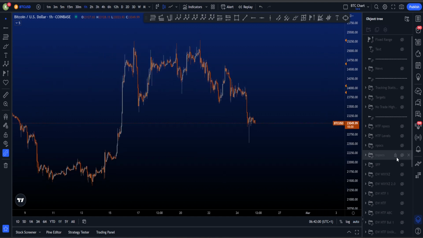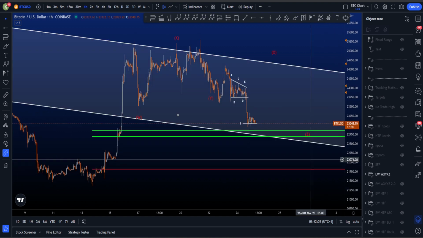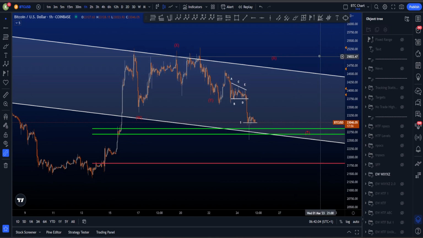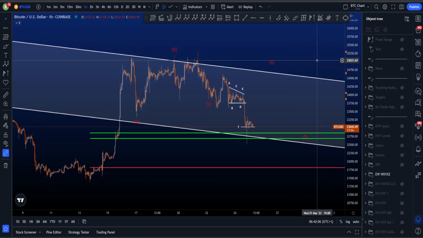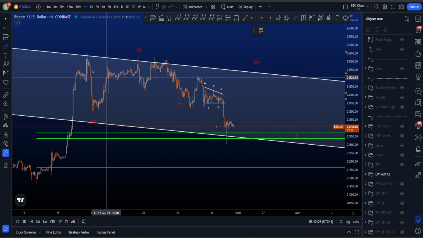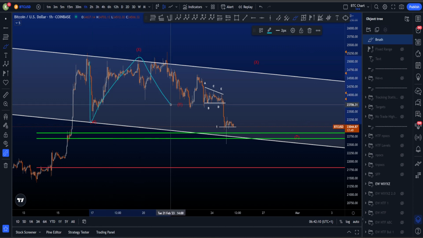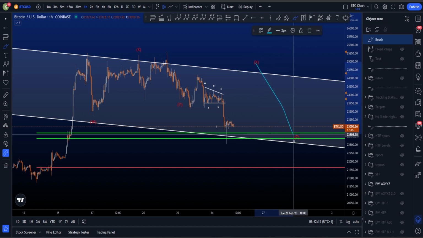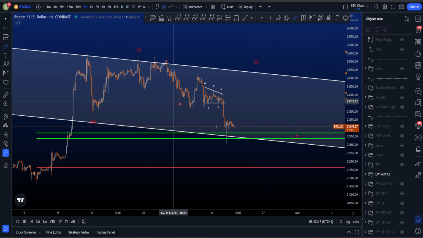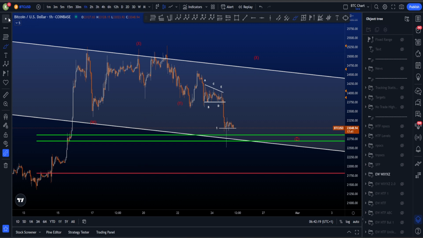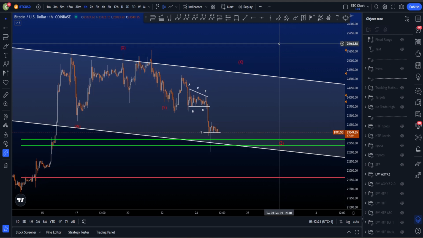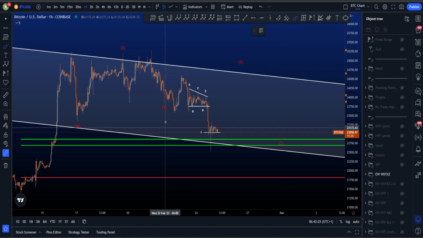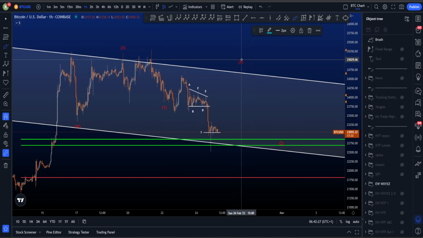The first scenario is a scenario that you have seen me put on the chart the last couple of videos basically, which is this W, X, Y, X, Z. So we have a W, X, Y, then some sort of an X which is still unfinished, and then go down for Z. Now there's 2 arguments for me that this now became my alternative count and not my preferred count. The first argument is that if this is wave X, which has to consist of some corrective pattern, which